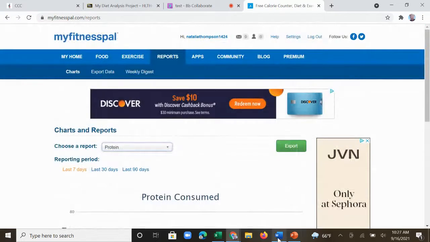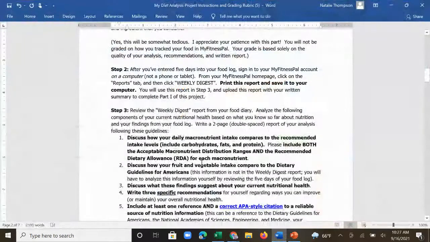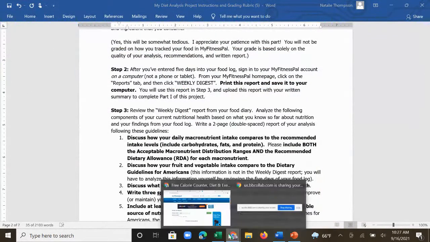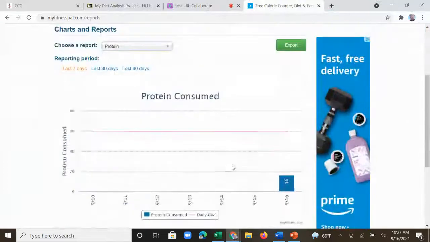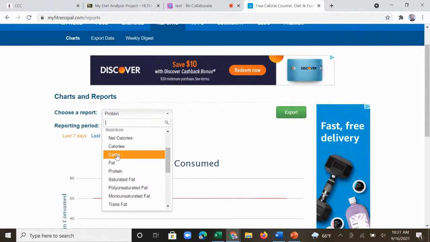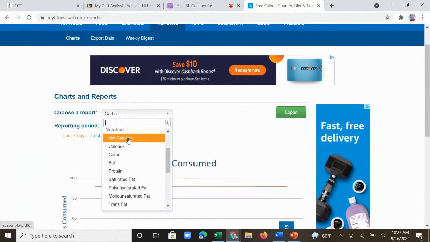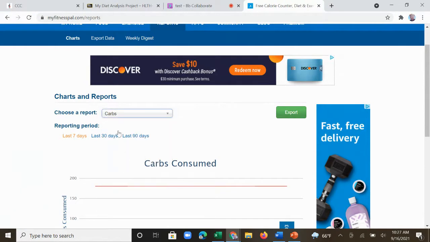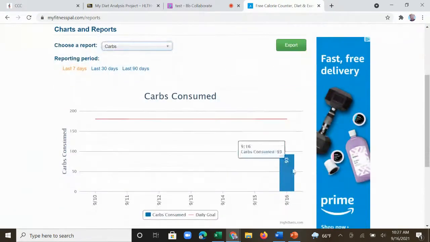So in order to fully complete this part here, step 1, part 1 of step 3, you don't need to print these reports because that gets to be a little tedious, but you're going to want to at least come in here to the charts and reports. And I don't think you can select them all at once. So what you'll have to do is look at each of them, look at carbs, take the average across